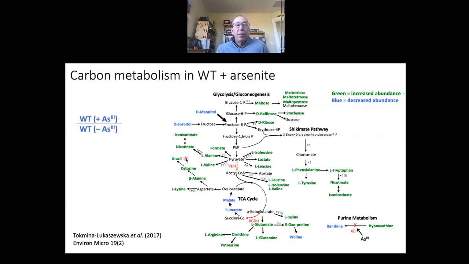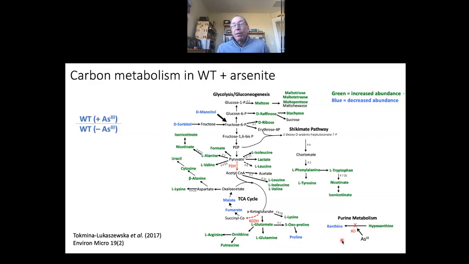And so we can see in this comparison between the wild type cells with and without arsenite, we can see changes where a number of these metabolites in the central carbon metabolism pathways are increased in abundance, rather, while we do see some that are decreased, such as xanthine, which we predicted because xanthine